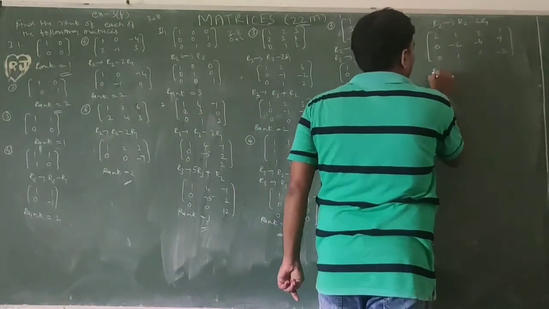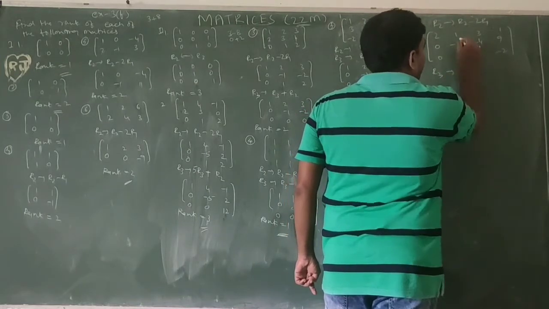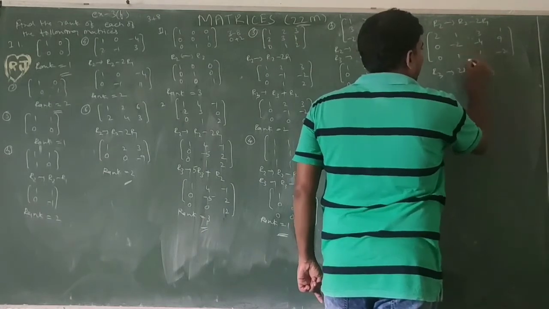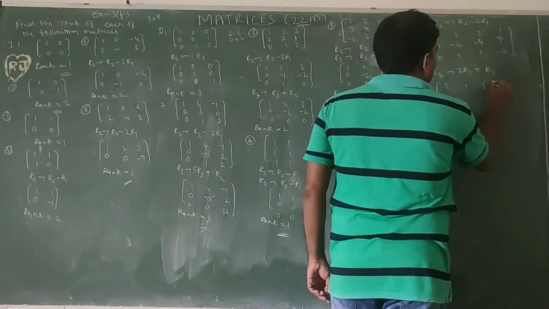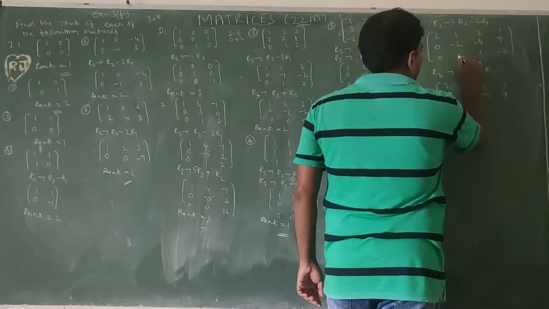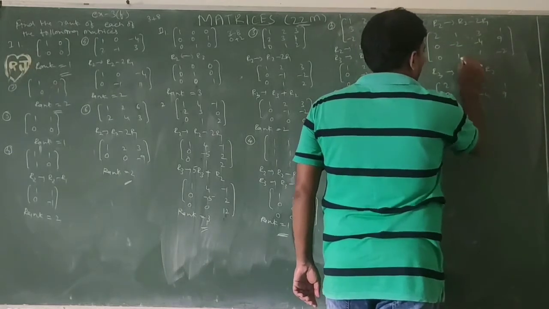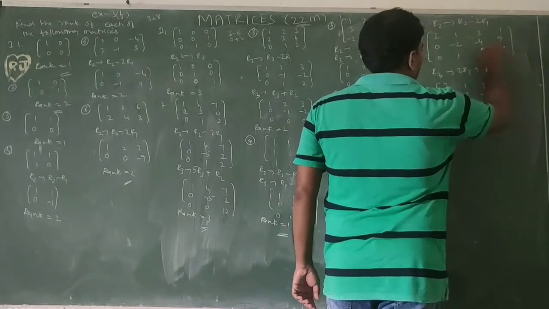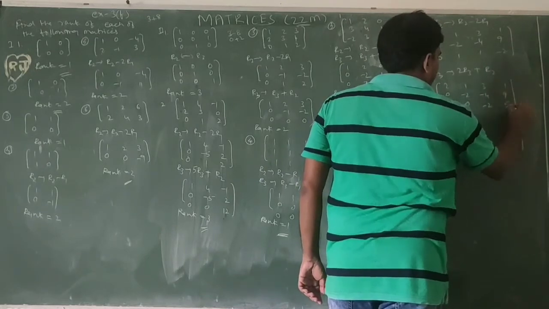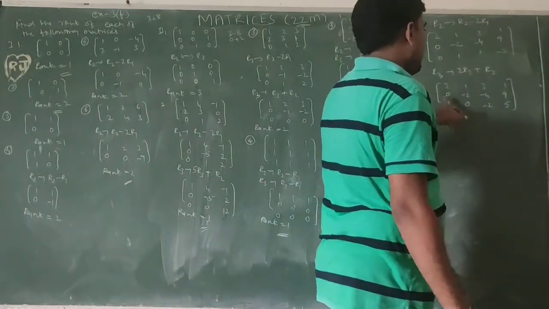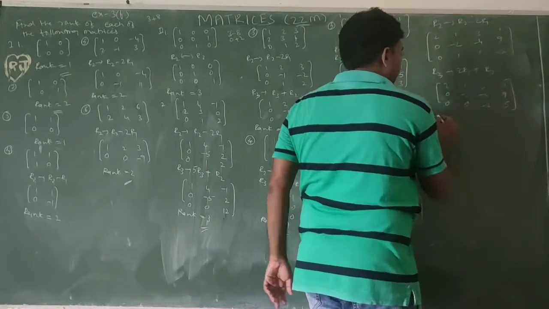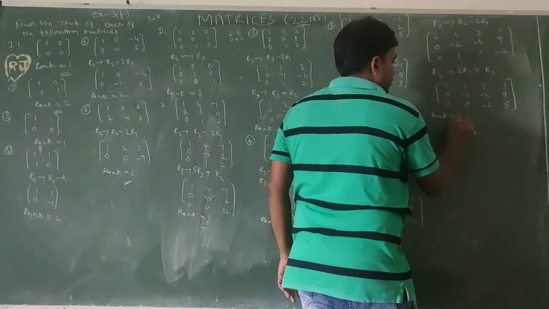Next this element should be 0. Change R3 with the help of R2. So this is 1, this is minus 2, 2 right here, opposite sign plus. 2 1 3 1, 0 minus 2 minus 4 9, 0 0 0 2 minus 2 minus 2. So this is 2 into 1, 2 minus 2 is 0, 2 into 1, 2 minus 4 is minus 2, 2 into minus 2, minus 4 plus 9 is 5. So these three elements are 0, the equivalent form. If we observe the non-zero rows 1, 2, 3, the number of non-zero rows is 3, so rank equal to 3.